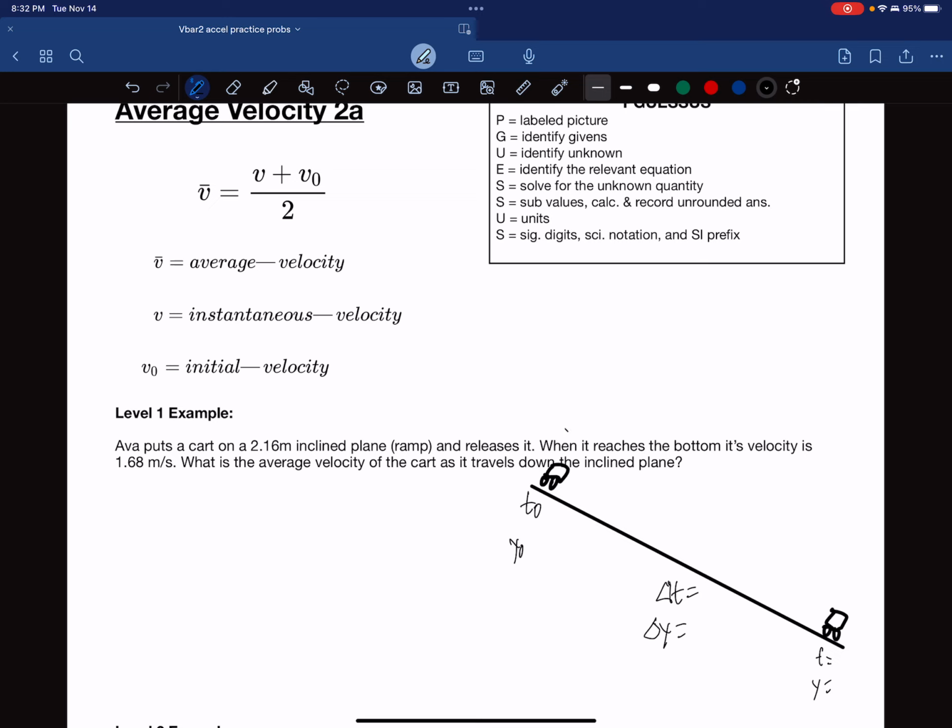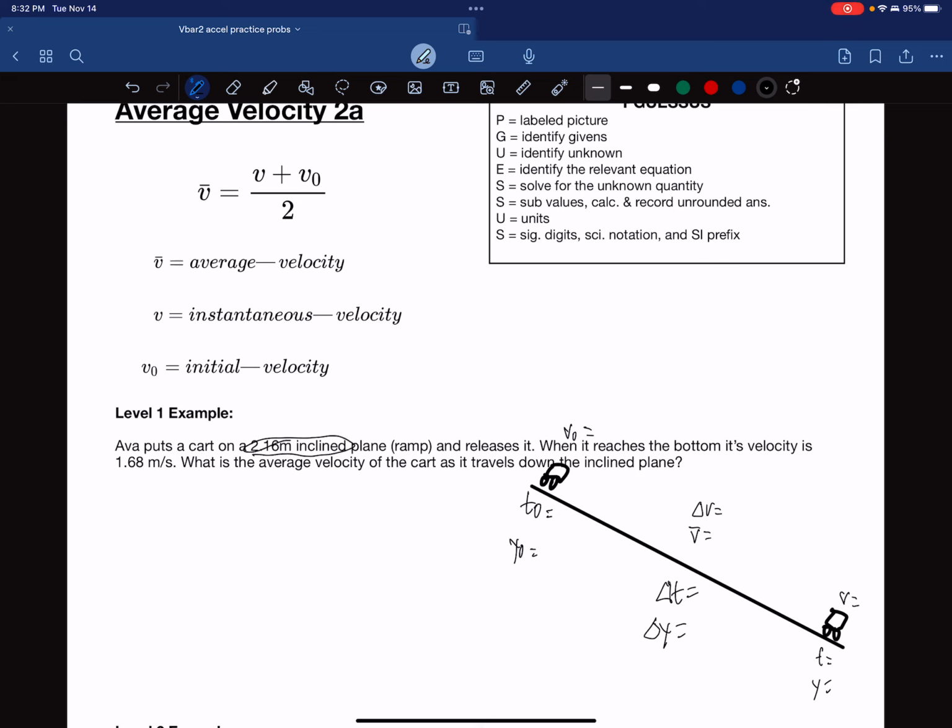And we, of course, could have an initial velocity, a final velocity, an average velocity, and a change in velocity. And so those are the three primary quantities we have: the time, the position, and the velocities. And the different initials, the changes or averages, and the finals. And so we know the inclined plane is